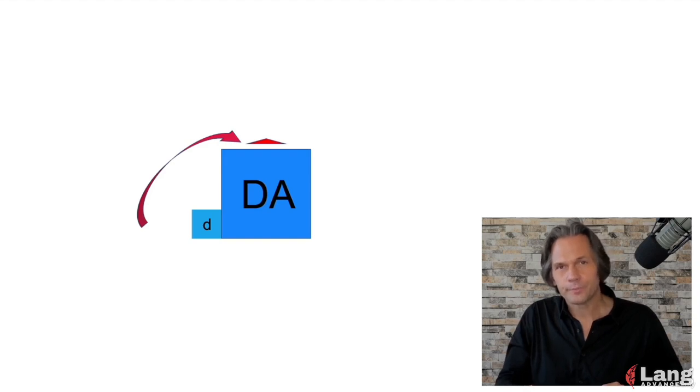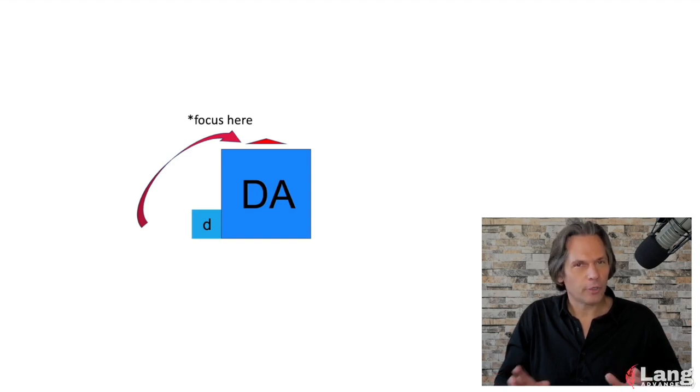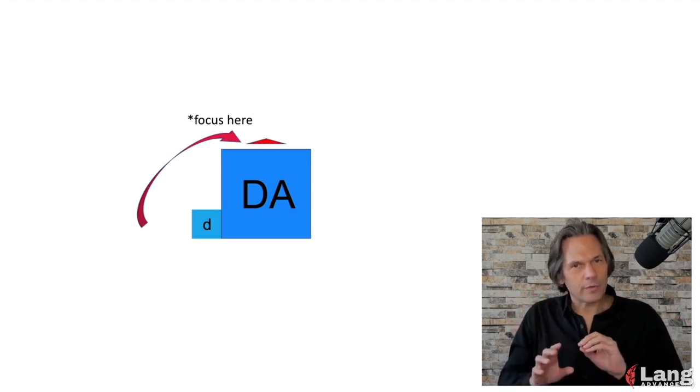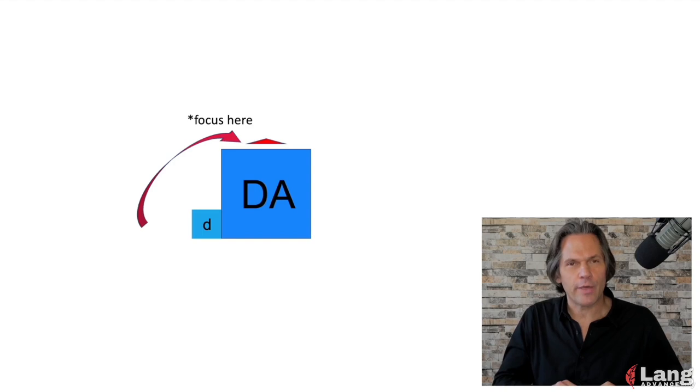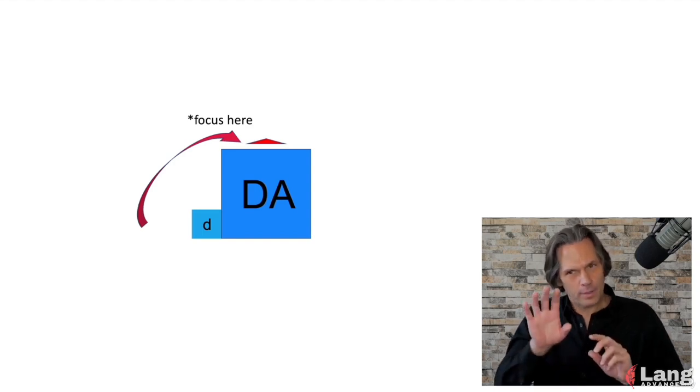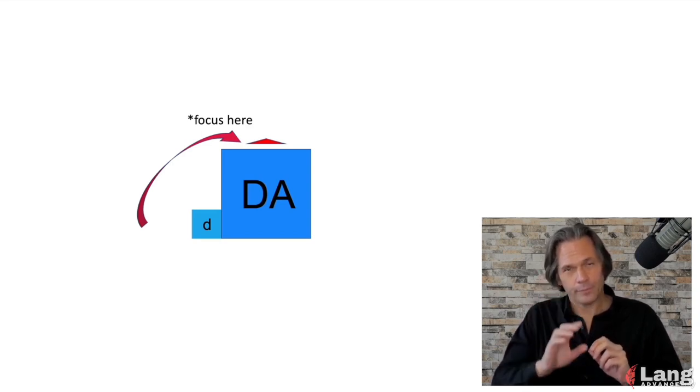So here's our word. Focus here on the stressed syllable. You can look at it this way. You're already thinking da. You're focused on the sound da. And you're just going to let the sound d just fall out of your mouth while you're on your way to say da. Let's try that. Da. Da.